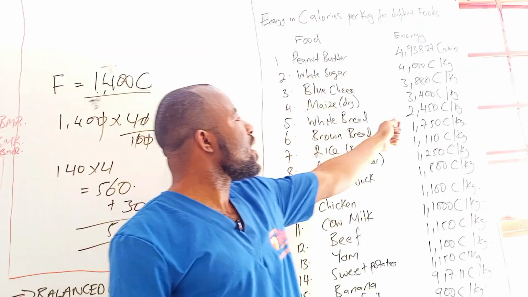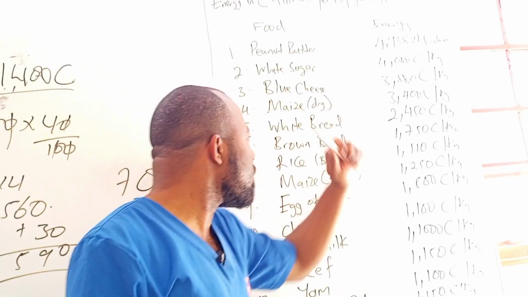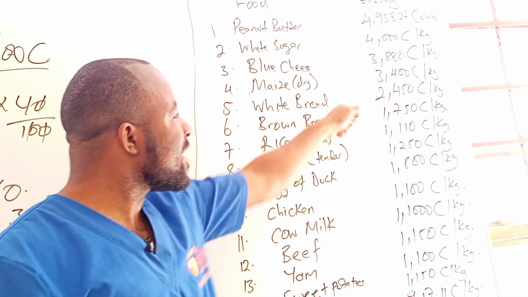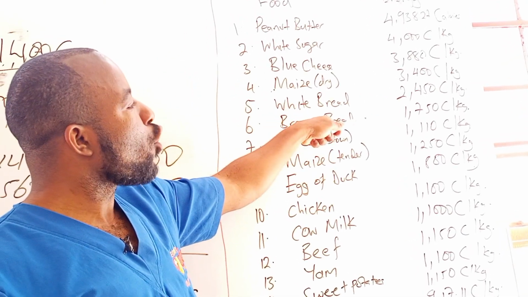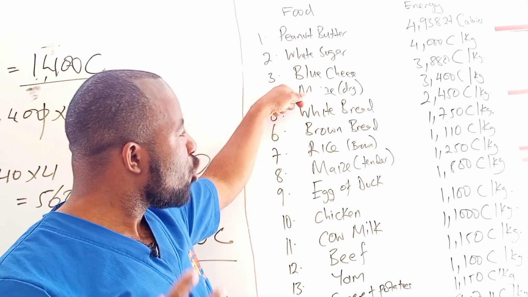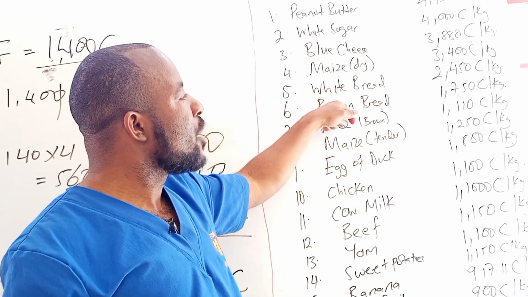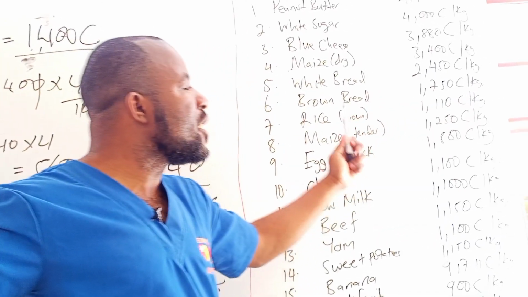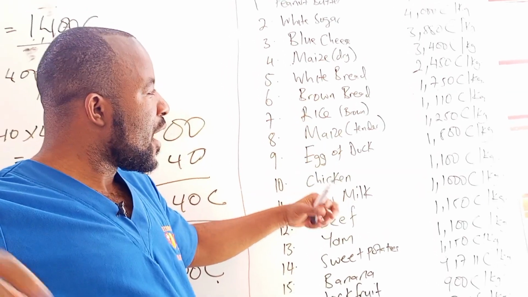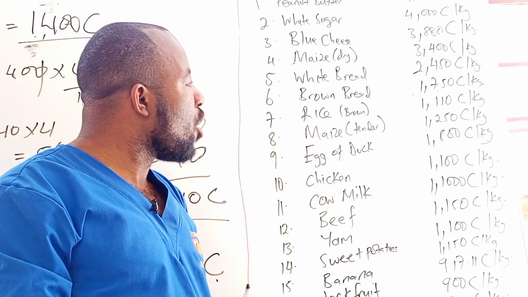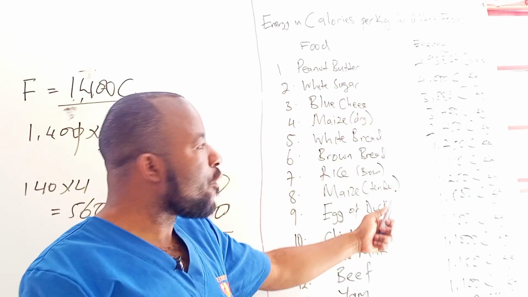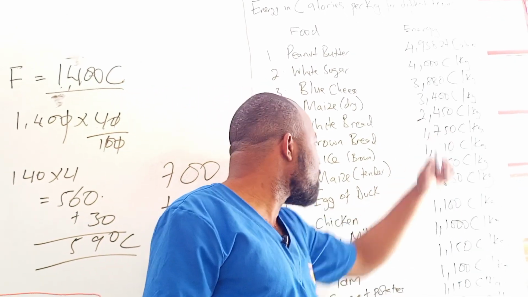We said maize is almost the highest, 3,400. Brown bread is 1,750. It is lesser than what? If you eat bread, you are consuming less energy than with ugali. So if you take in 1 kilogram of bread in 24 hours, this big bread we normally buy in supermarkets has 1,500 grams. That is 1 kilogram and a half. So if you take almost half of it, you're going to take in 1,750.